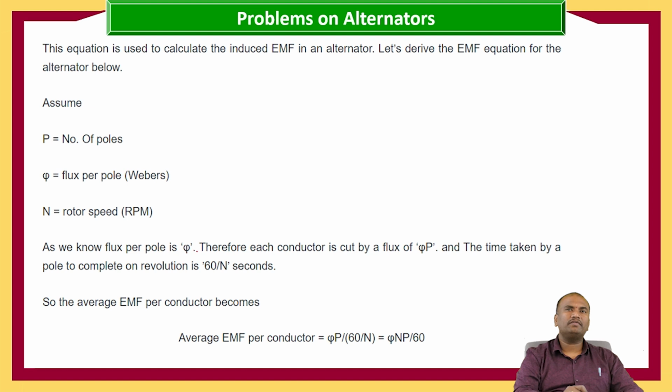As we know, the flux per pole is phi, therefore each conductor is cut by the flux of phi P, and the time taken by a pole to complete one revolution is 60 by N seconds, because N is the revolutions per minute. So, the average EMF per conductor becomes flux cut by the conductor, phi P, by time, 60 by N, that is equal to phi N P by 60,